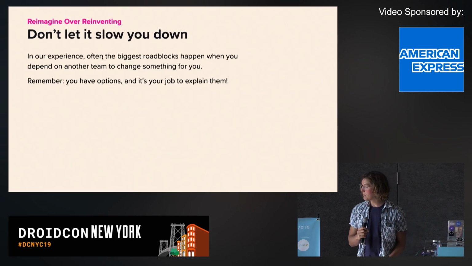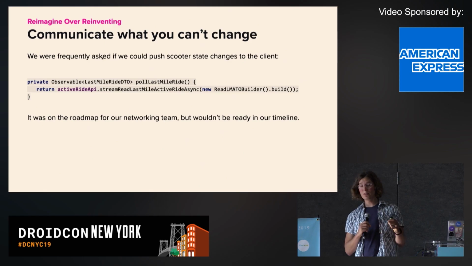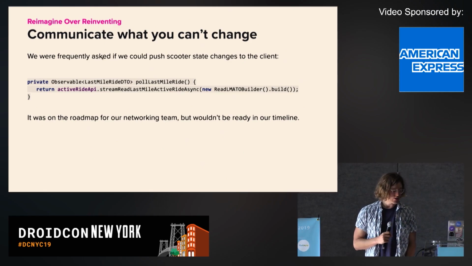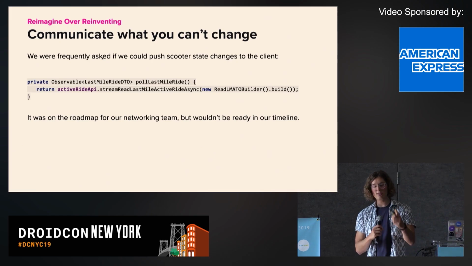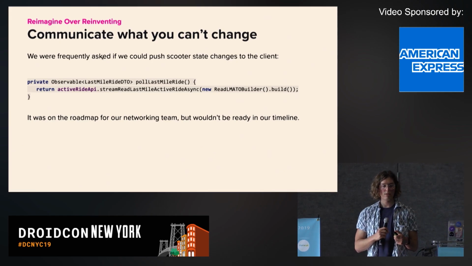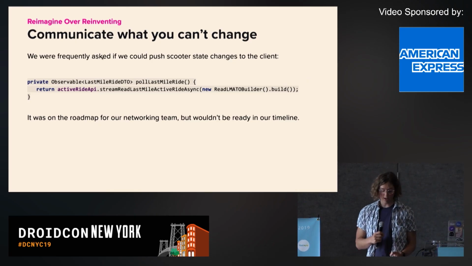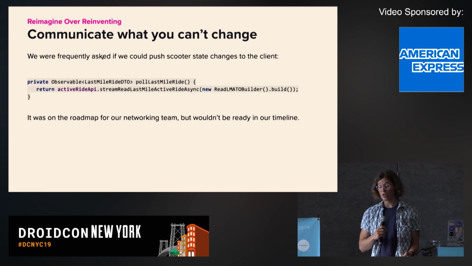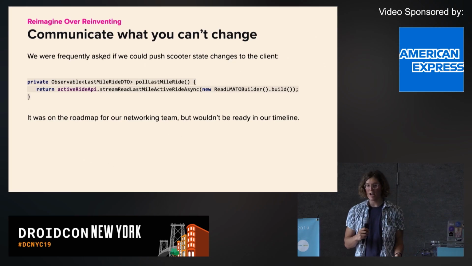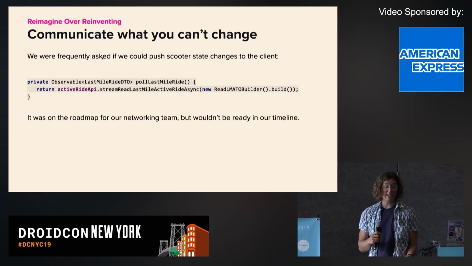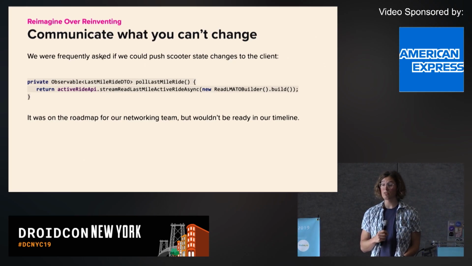So here's a good example. When we first built out early versions of this scooters feature, we, the PMs and designers, asked if we could have an instantaneous notification in the app when the scooter was finally unlocked. It's an asynchronous thing. The scooter can take various times to respond to you, and this would require push notifications to come through our API service. And we already have Rx pretty far down our app, and hypothetically our code would react instantly if we were to upgrade this to a push-based infrastructure, but it was polling at the time.